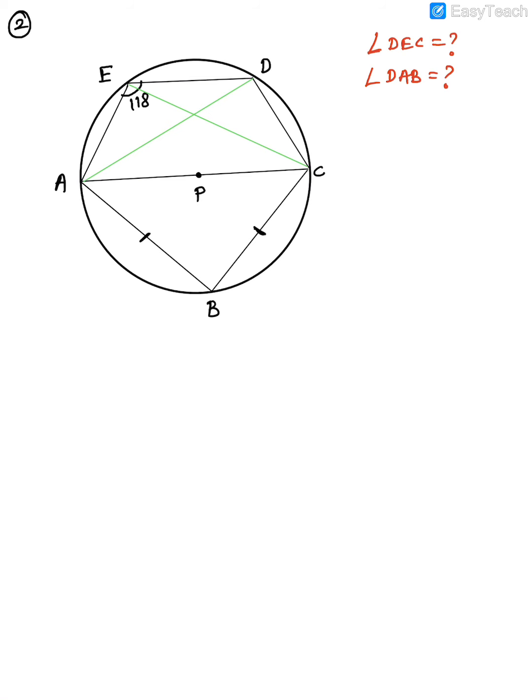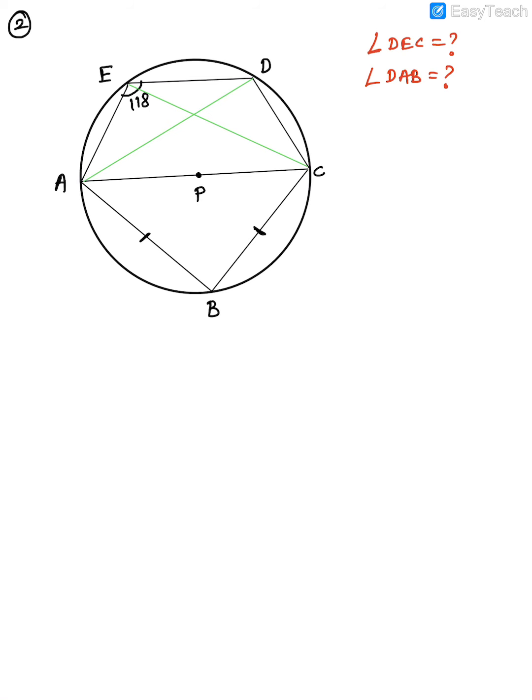So let's start the problem now. Guys, now you can see P is the center of a circle. Whenever they mark that kind of a bold dot, they're trying to mean that that's the center of a circle. It will usually be given in the problem, but I'm not writing the whole problem here. I've directly drawn the figure. Now let's start the problem. Can you tell me any angle that you can find?